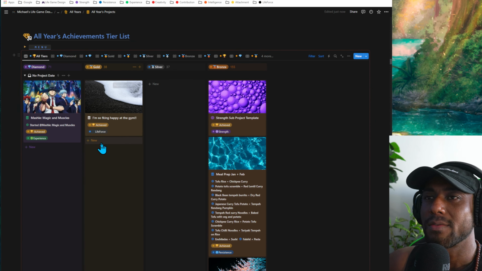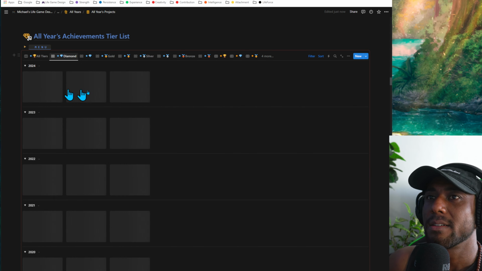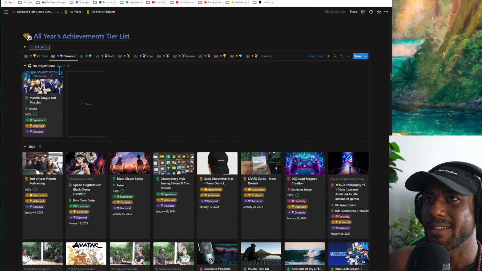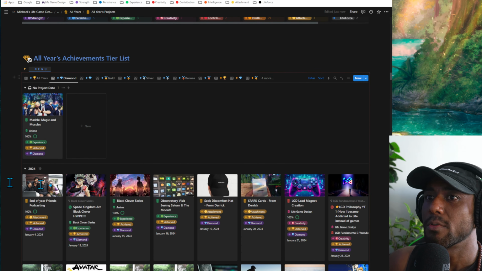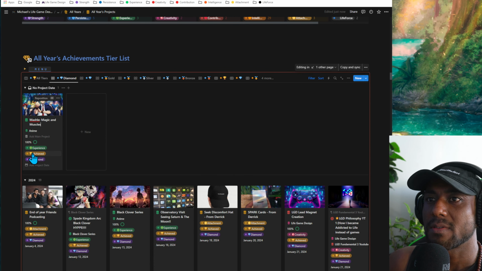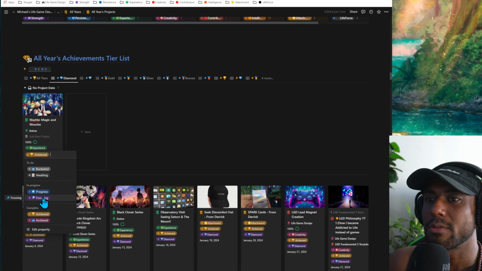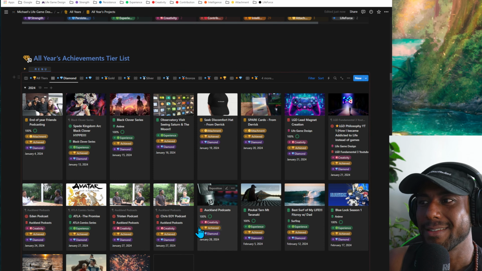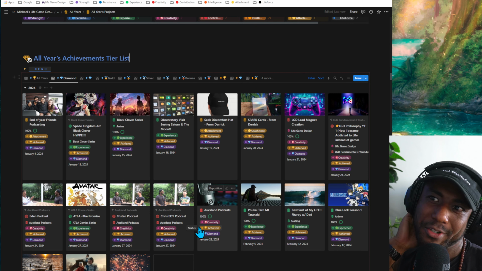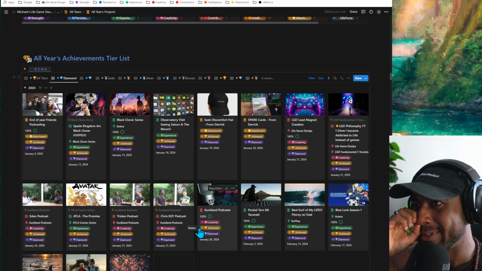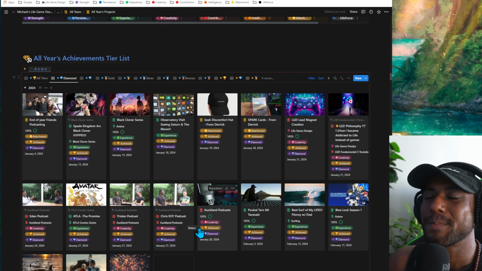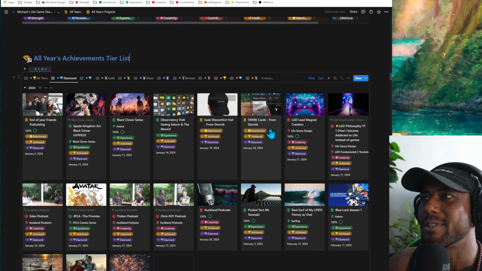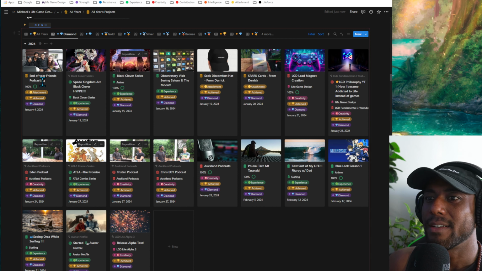So I've got all my year's achievements tier list. So let's see the diamond achievements that I've had within. Oh, why doesn't this have a date? This is really handy because it will always show you any project that doesn't have a date. Actually, that doesn't have a date because it's not fully finished yet. I don't think I've fully caught up, so I'm going to put it back in progress. But that anime was sick. If you are wondering why it's in the diamond achievements, absolutely insane. So funny. But yeah, over here I can see all of the diamond achievements that I've had in 2024